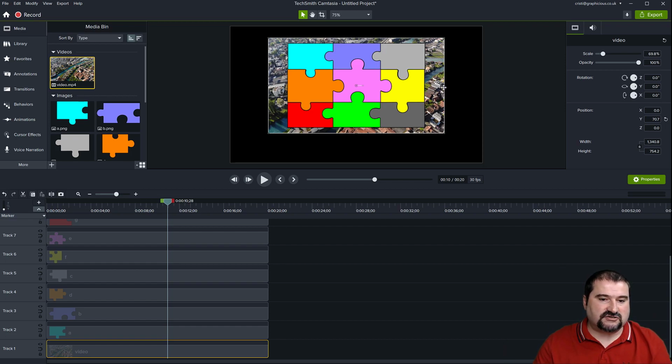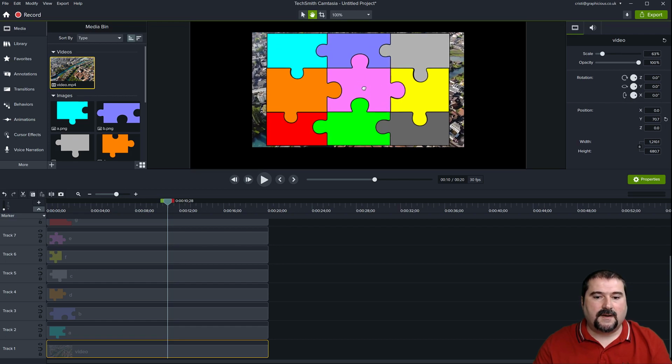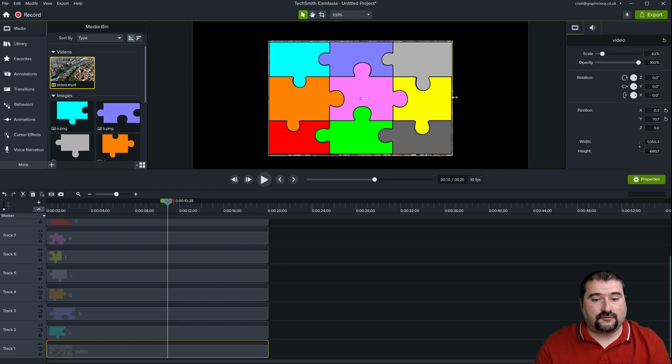You need to make sure that the video fits perfectly inside of your whole puzzle. So there it is. I'm kind of losing some stuff in here. Now, you can hold down the shift key and stretch your video to make it fit there if it's appropriate for you. But if not, then I guess you're going to have to build your puzzle to match your video's aspect ratio. So this is the tricky part.